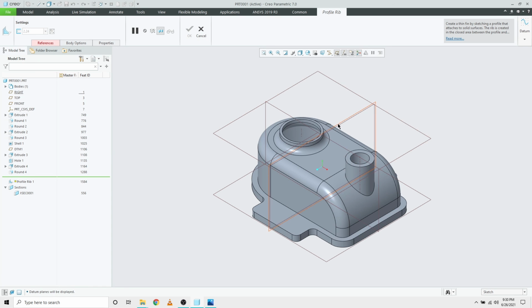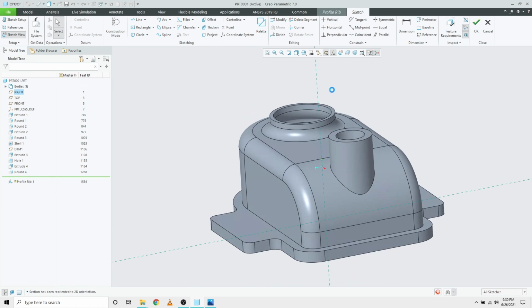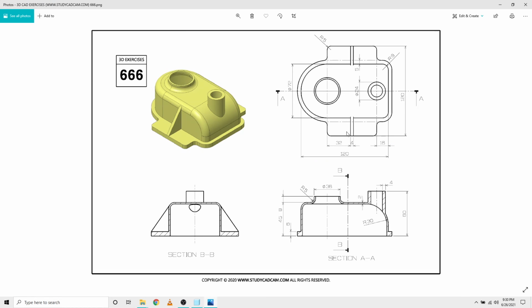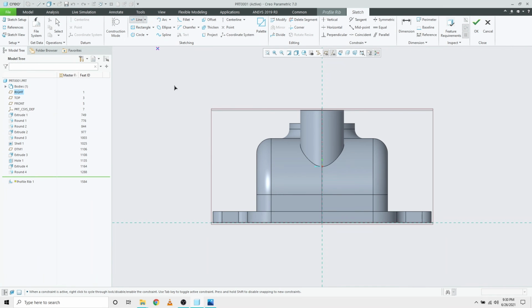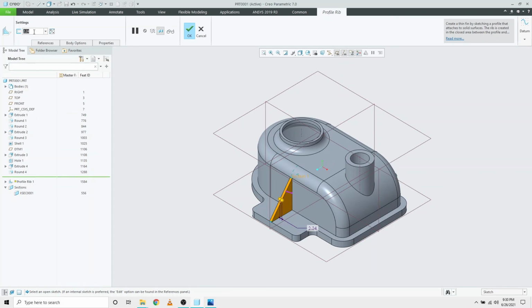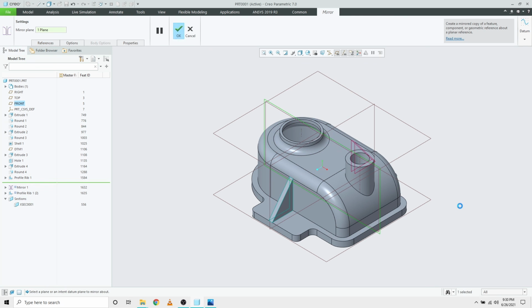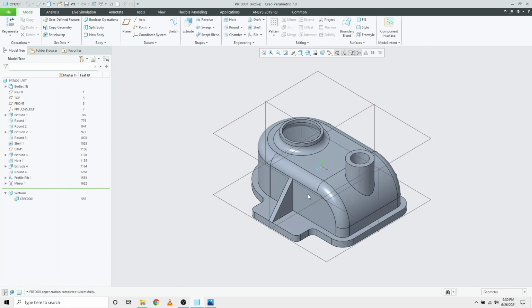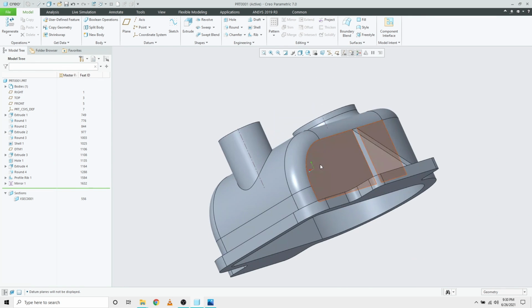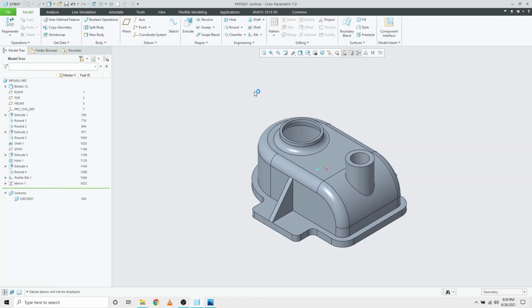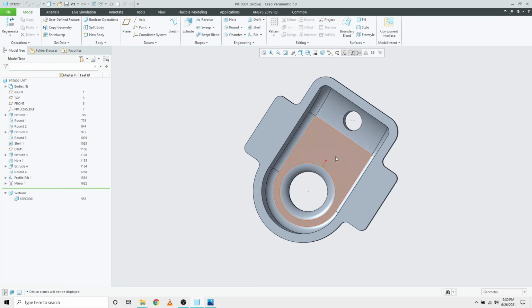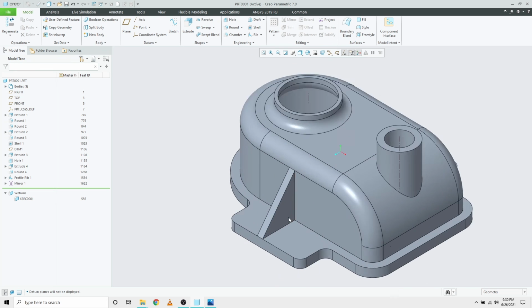and I can pick a plane not having any dimensions. Actually, the rib is placed at a particular value, 32 mm from this edge. But for simplicity, I'm just making a rib. I can make a rib of 4 mm thickness. I can mirror it about this plane, and I can explain it in a simpler way. But the rib in itself is an ocean. It has a lot of inner features. You can make a profile rib, trajectory rib. It is an ocean. It is vast actually. I can use it in different circumstances. But for simplicity, I have made a simple rib here.